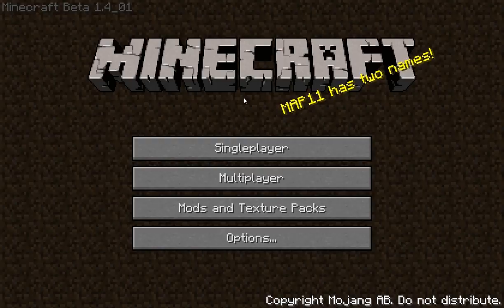I downloaded beta 1.41 or whatever, and the only difference I can really see is the top logo sign, which you can obviously see. The Minecraft logo now has a glossier look and a thicker 3D look to it, and the A is a creeper face. But other than that,